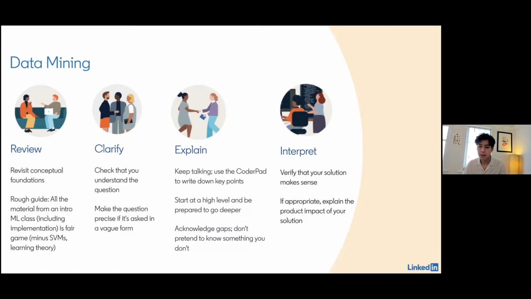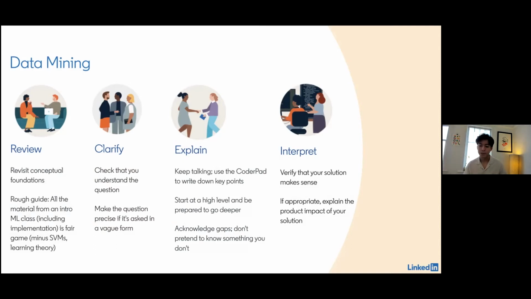Okay, once you're at the actual interview stage, in the data mining or data mining product design interview, as in the coding part of the interview, start by clarifying and making sure that you actually understand the question being asked. In this part of the interview especially, questions will often take a vaguer or more ambiguous form than the questions we asked in the data coding section. So if the question is asked in an imprecise form, make the question precise. Make sure you understand what we are actually trying to build, or what the interviewer is actually asking, if they're asking a conceptual question, for example.